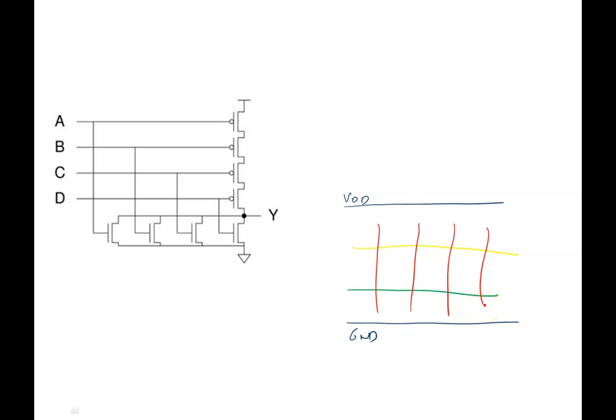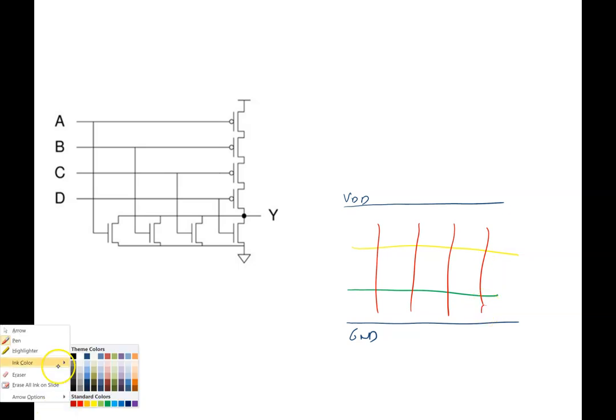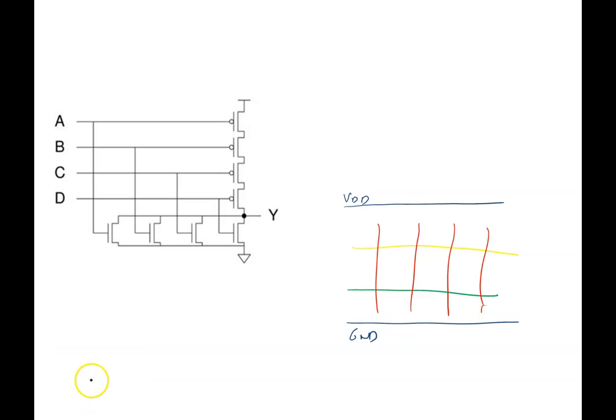And I take care of the series stack very quickly. It's on the PMOS side, as you can see. Source drain, source drain, source drain, source drain. This one going to VDD, this one going to the